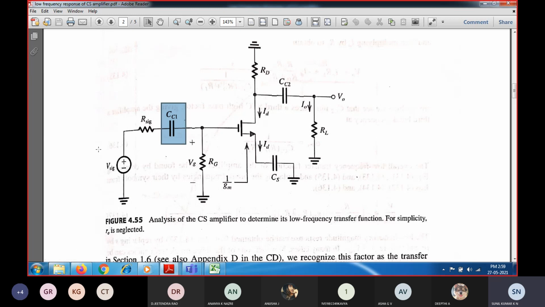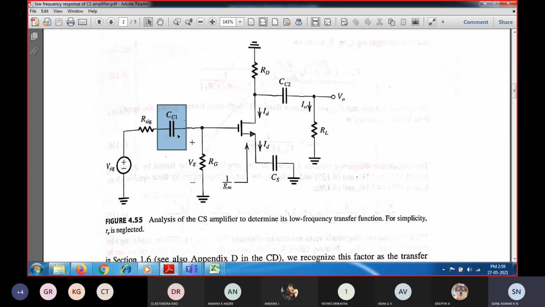So when the input signal frequency f is equal to 0, obviously this is going to act like an open circuit, and it is going to have infinite impedance. So 1 by 2 pi f is 1 by 0, which means infinity. That means infinite input impedance, so it is going to act like an open circuit. As the input signal frequency increases, this coupling capacitor reduces the impedance from infinite to a finite value, and finally it is going to act like a short circuit.